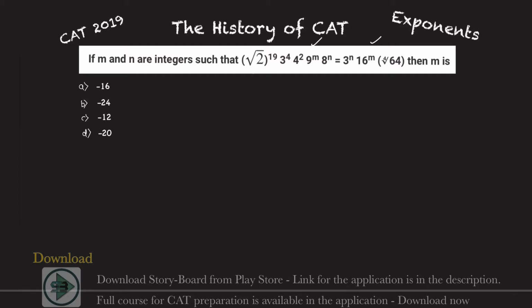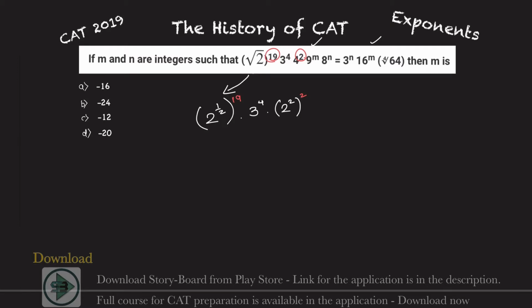So how will I write this LHS part? I can write this as 2 raised to 1 by 2, and the whole is raised to 19. Then this is 3 raised to 4, so let's just keep it like that. 4 could be written as 2 raised to 2, so 4 raised to 2 is 2 raised to 2 raised to 2. So this additional power here, and then the 19, is what I put in red.